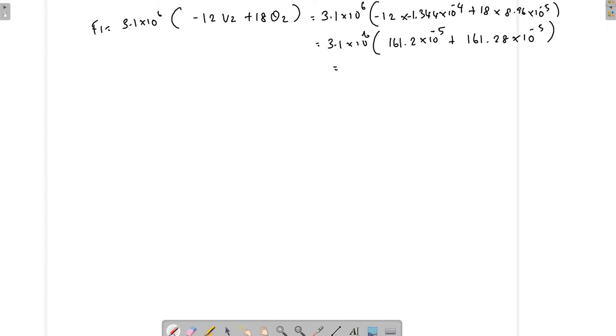So the result is 10,000. If you round off the value, it is 10,000 Newton. The force F1 is equal to 10,000 Newton. Similarly, F3 can be calculated. This is forces F1 and F3. So F3, we can write the equation as